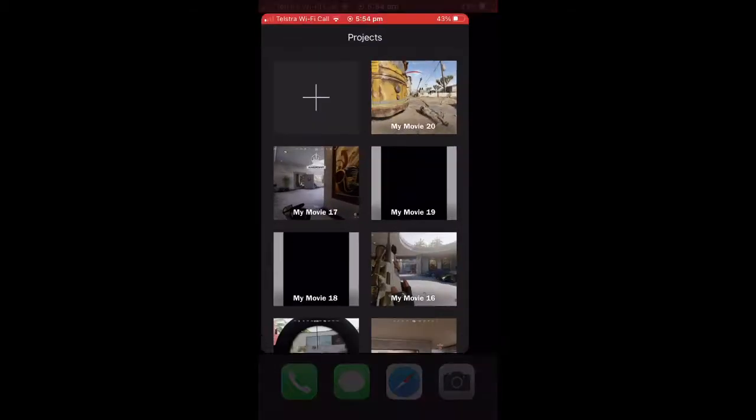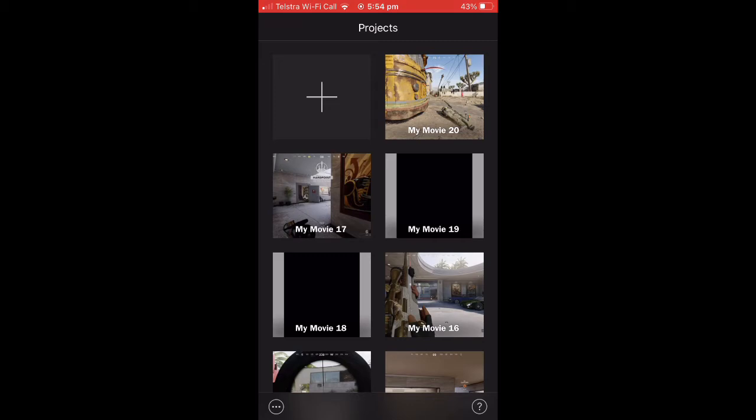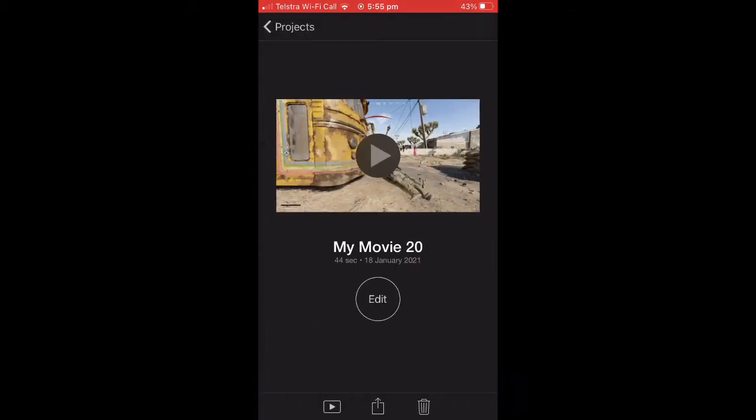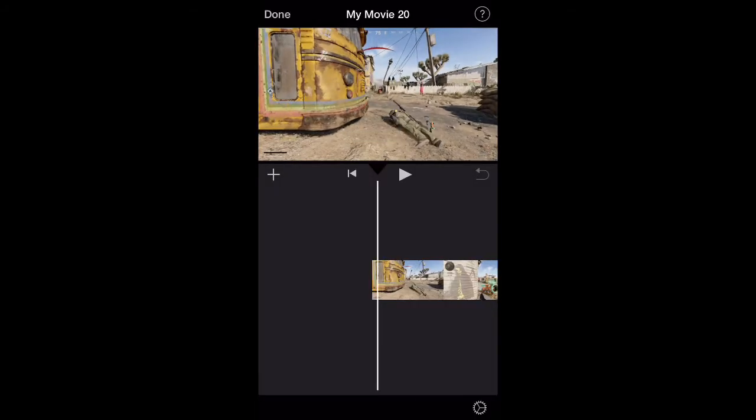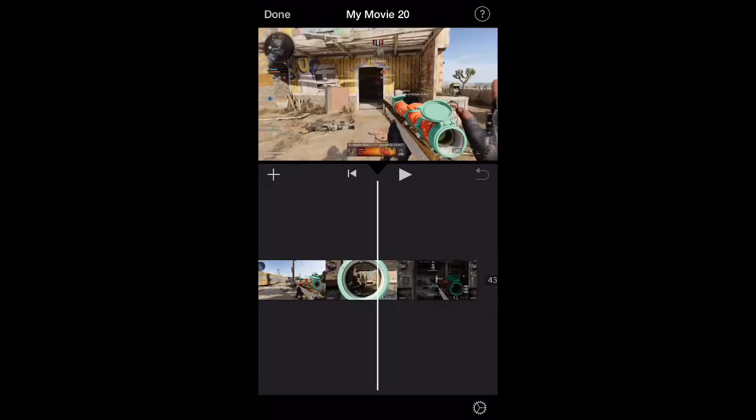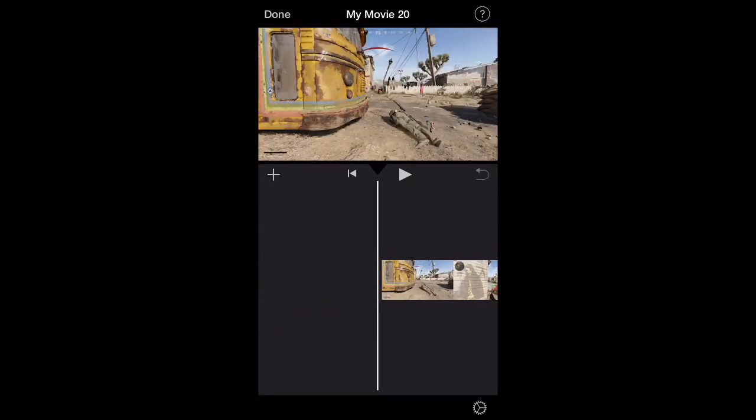So the first thing you're going to want to do is launch iMovie on your phone and create the project that you want to put your voice on. So make a movie, add a video on it. I've just got this video here, and you are going to want to press the plus icon on the left side of your screen,